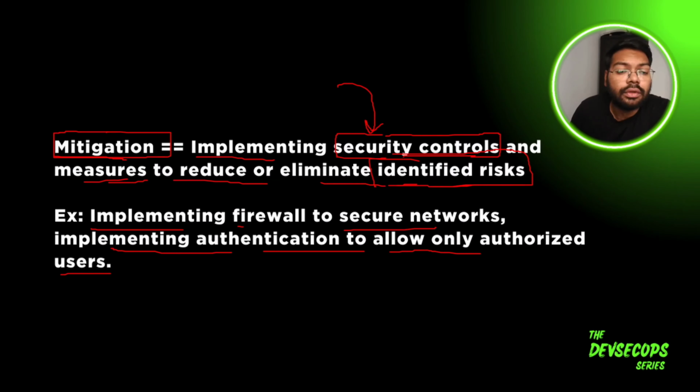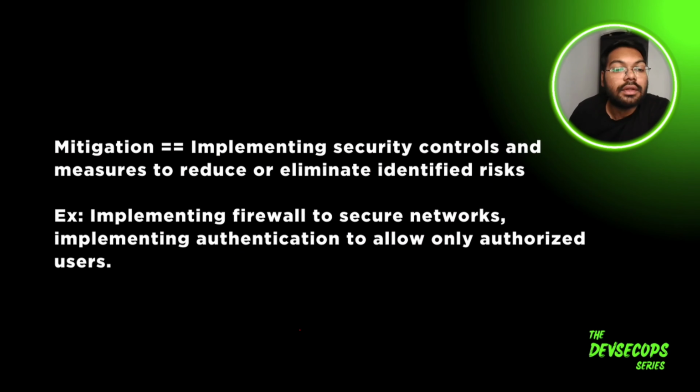These are the things that we need to consider when we talk about securing any kind of application or anything particularly. It may be physical security, security of the hardware or the software, or the networks, or the applications, or the users. It goes a long way. So now, as we have discussed, implementing security controls for the mitigation of the vulnerabilities that we have. Now, what are these security controls? Let's discuss them.